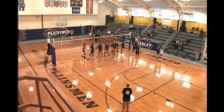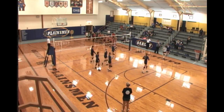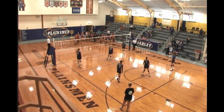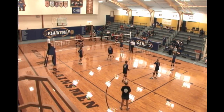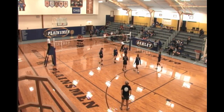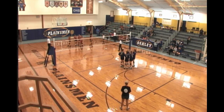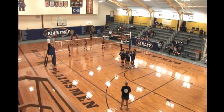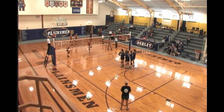Right now, Lady Red taking the floor. Seeing here, Nicole Sheets, number 9. And number 4 is Caitlin Willems. Number 24 is Paige Albers. Number 14 is Ona Hendrich. And number 3 is Elsie Corbett. It looks like there you have a libero on the floor, Allison